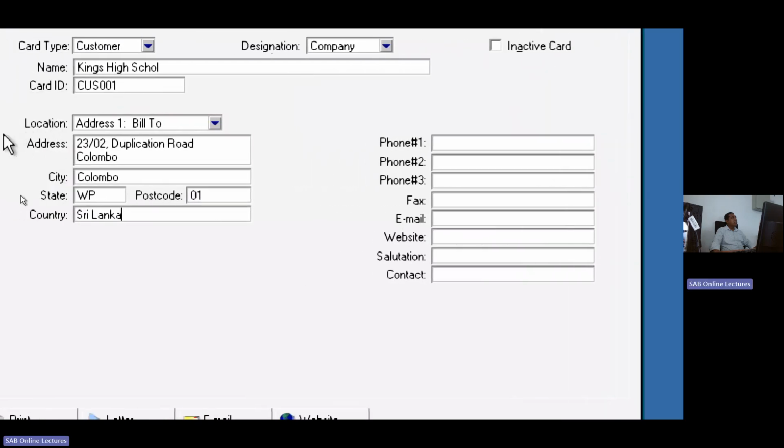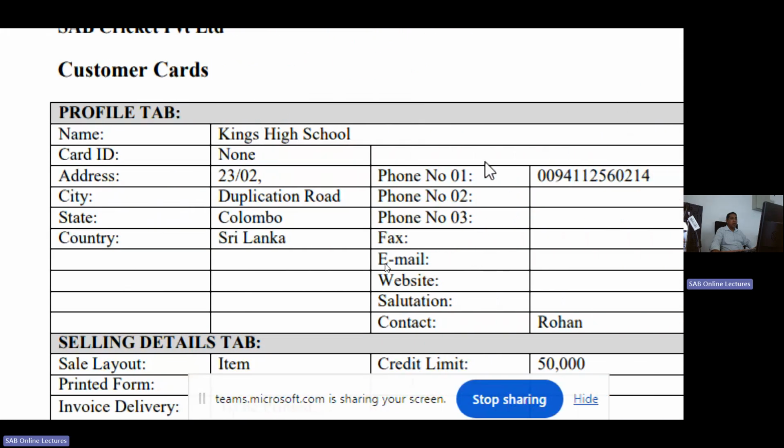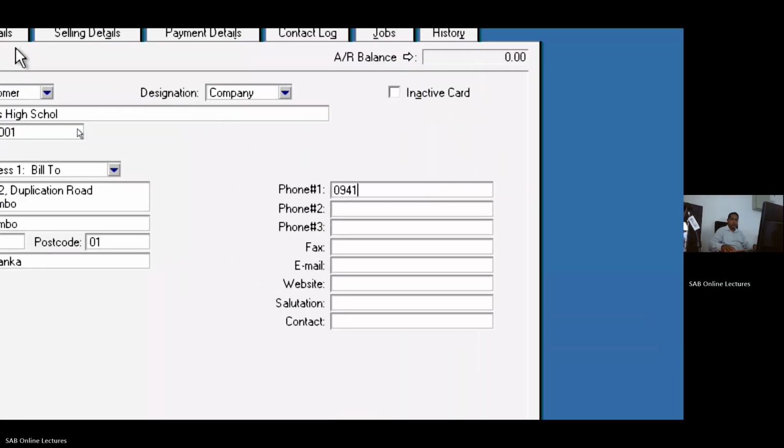Complete the address detail, then the contact detail. There are 3 phone numbers you can add, with the fax, email, website. Add this phone number. If you have any mobile number, you can add the mobile number, any fax number, email, like